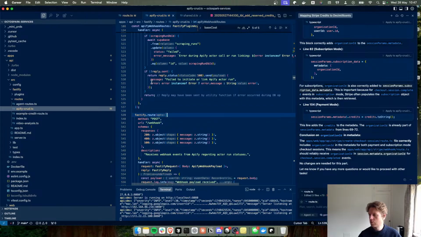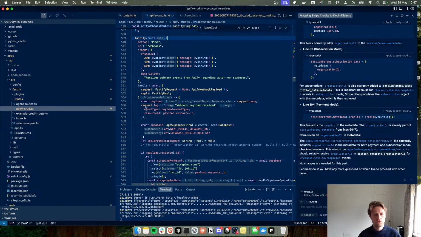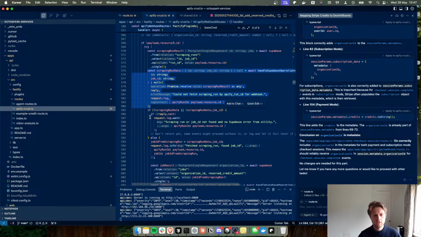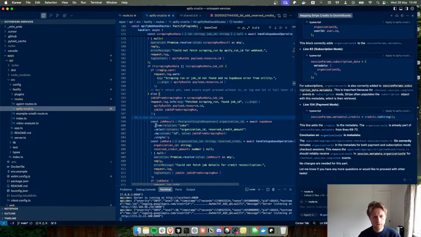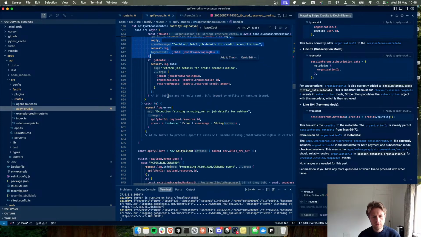So that just literally calls the actor. Then we've got a webhook, which creates a client scraping job, and then we get the scraping run from that. We then get the data. After getting the data, what are we doing? We are getting that job for the scraping run. We are then